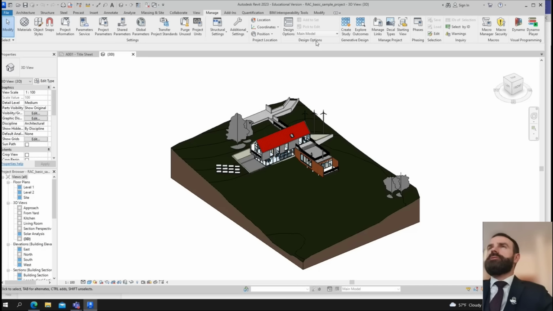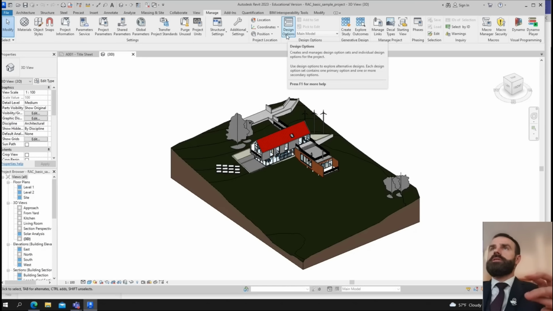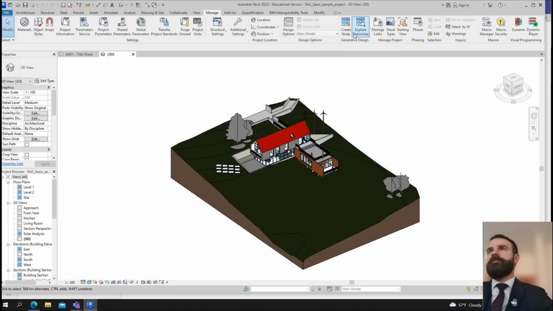So I finished with design options. Design options means you can create several different projects in the same project. So it means you can later go through your design options and select the best one. Next important thing for future